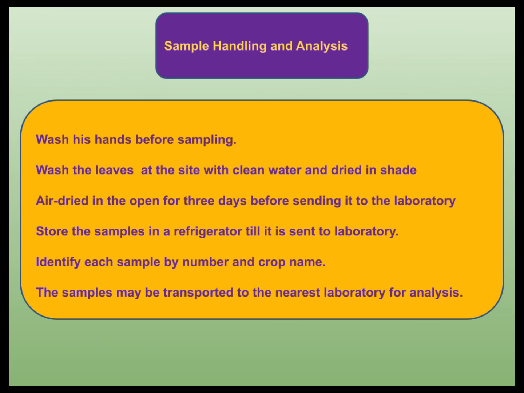After sample collection, bring it to the farm shed and wash the leaves with clean water and allow for draining of excess water. If possible, send the samples immediately to the nearest laboratory for analysis if it can reach within 24 hours. If you feel it takes some time to reach the laboratory, then air dry the samples on a clean paper or surface under shade and repack in the sample bags. Send the samples to the nearest laboratory so as to reach the laboratory as early as possible. If sending the samples to the laboratory takes some time, then keep the samples in a refrigerator till they are sent to the laboratory.